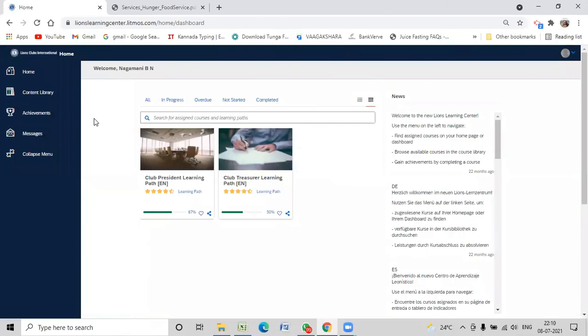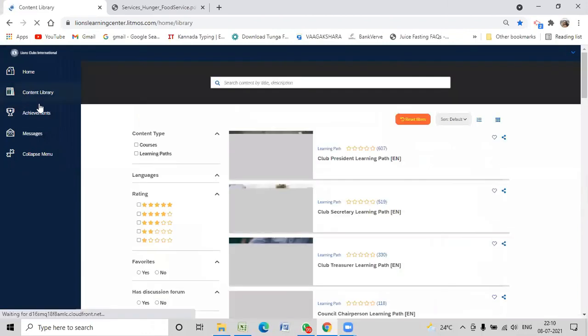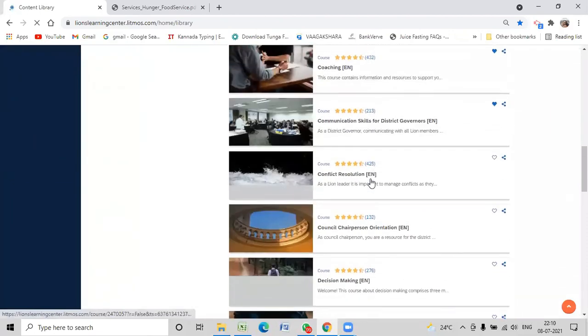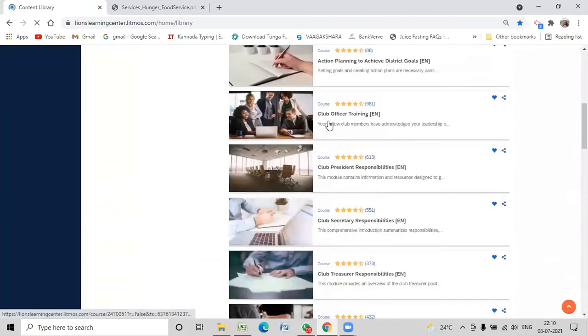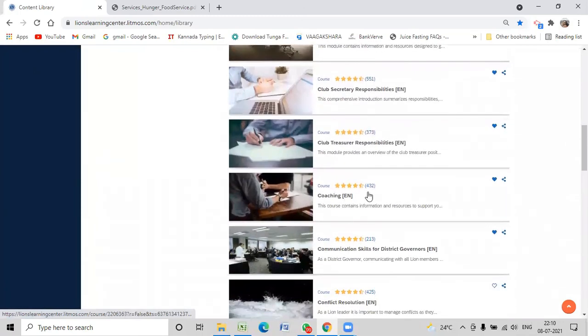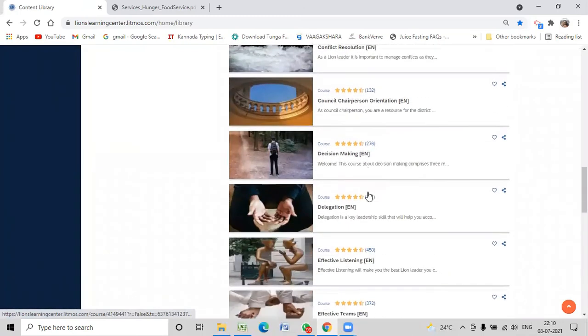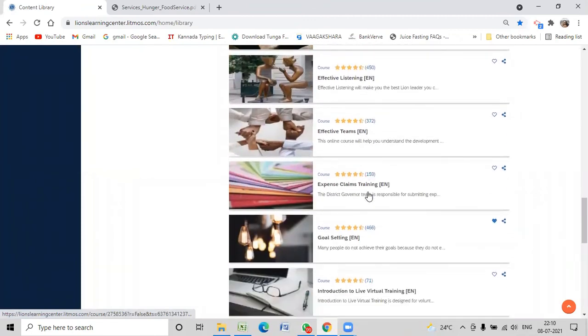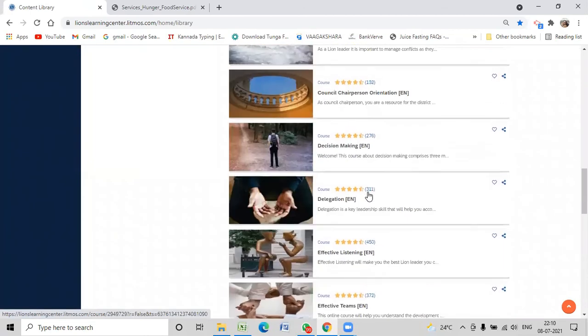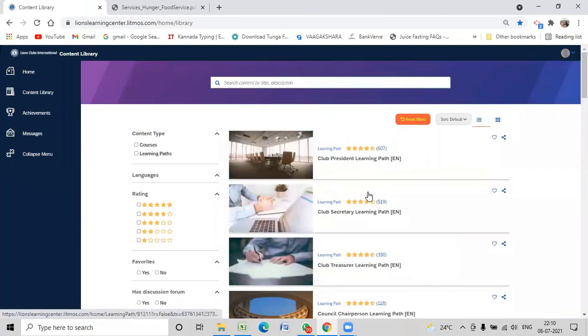Okay, so if you go to content library, it's going to give you all the courses that are available. There are courses for president, secretary, treasurers, communication skills, okay, conflict resolution, decision making, delegation, how to manage effective teams, how to conduct meetings. Okay, all of these are there.